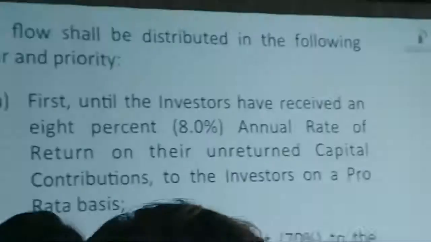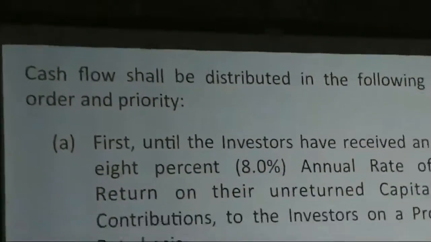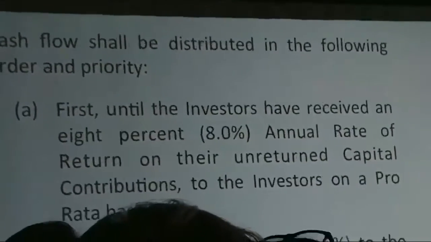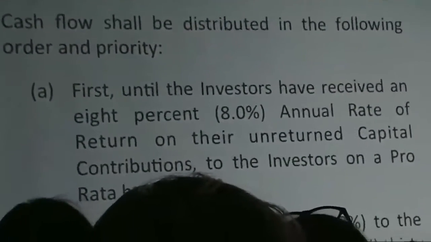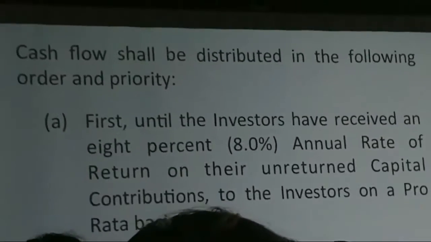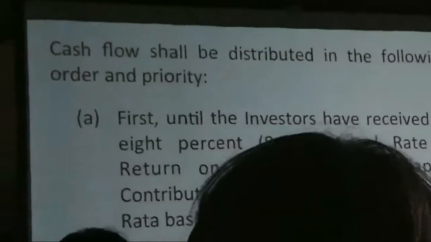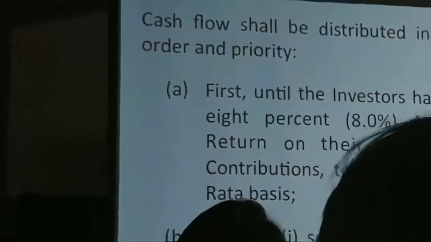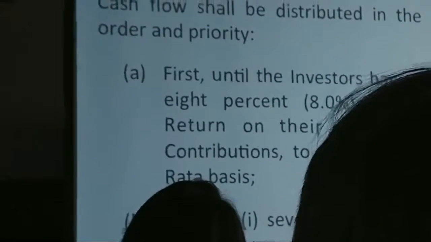So the way that that's worded in a partnership agreement is, you'll always have the operating agreement for the LLC, and it'll have a waterfall provision. It will show this is how you divide the profits. So this is the way that you would word this in a partnership agreement. You say, cash flow shall be distributed in the following order and priority. First, until the investors receive an 8% annual rate of return on their unreturned capital, the investors get paid on